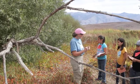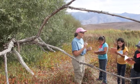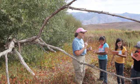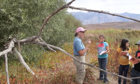I think I know why birds are here. So the birds, think about the birds. How might they affect the pupfish? Tyler, are you going to answer the question? Did you have another one? Okay, if you have a theory,